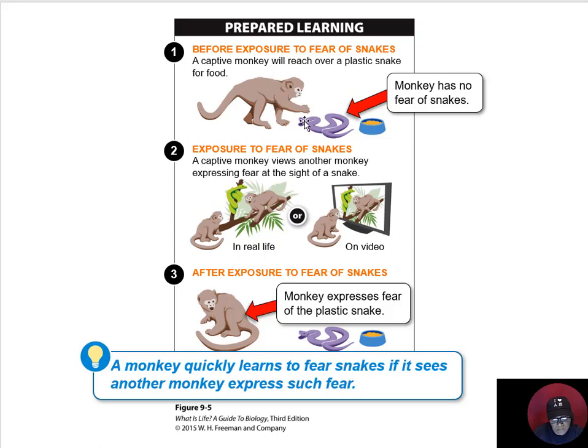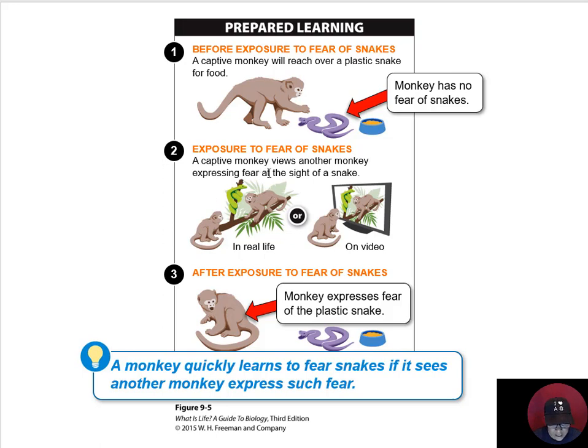Don't know. You can put this plastic snake here, and here's the monkey's food. Before exposure to fear of snakes, this monkey would very quickly just reach right over the snake to get the food, right? But now if you were to take this same monkey and give it a fear of snakes